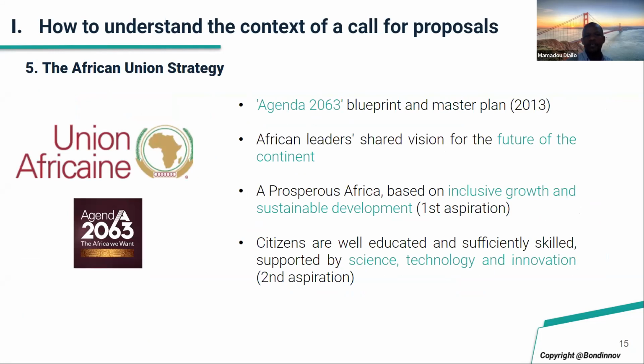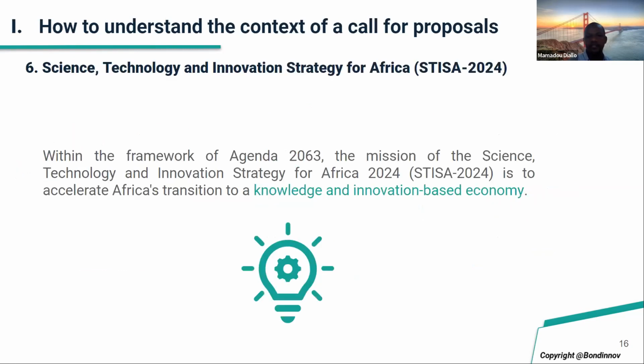Again, you have the agenda for 2063. I don't know if you know a little bit about this, which is the blueprint and master plan from 2013. The African leaders shared the vision for the future of the continent and a prosperous Africa based on inclusive growth and sustainable development. This was the first aspiration. You also have that citizens are well educated and sufficiently skilled, supported by science, technology, and innovation, which is the second aspiration of the